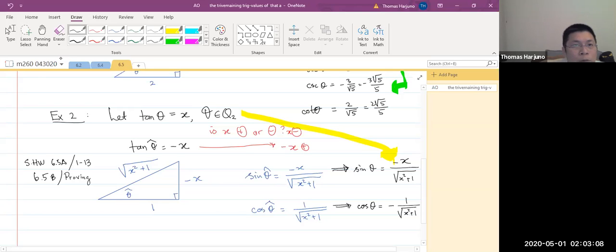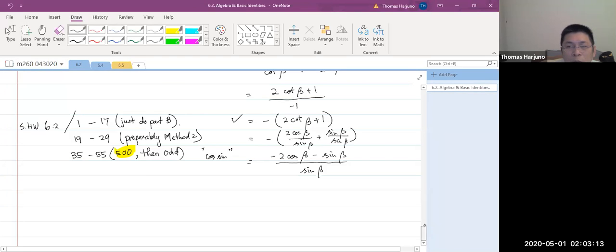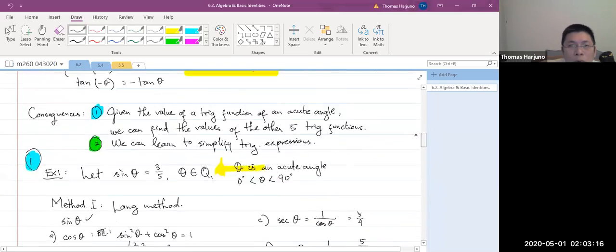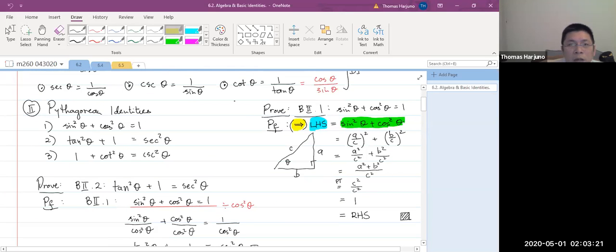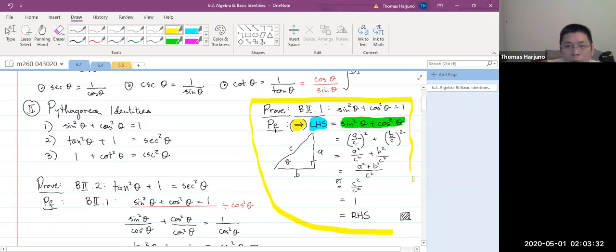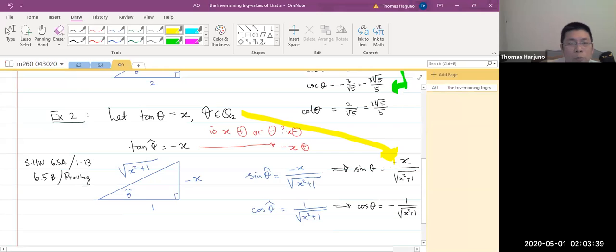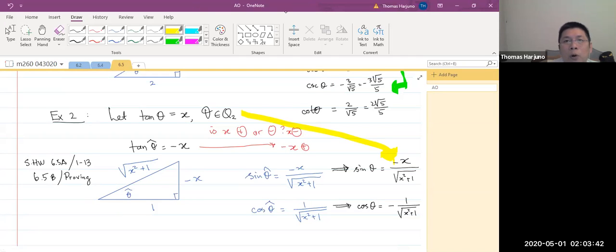The way you do proofing is similar to, let me show you, in 6.2, this style here, left-hand side to right-hand side. Yeah, very similar to this. So anything that you see left-hand side, right-hand side, that's the proofing part, okay? If you want to study ahead, on Tuesday next week I will go back to the proofing. I will do proofing again. Now that's for today for all of you. And Jeffrey's